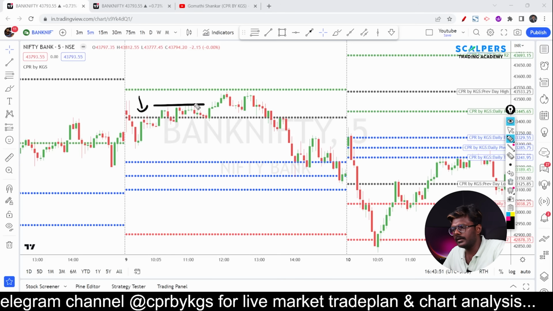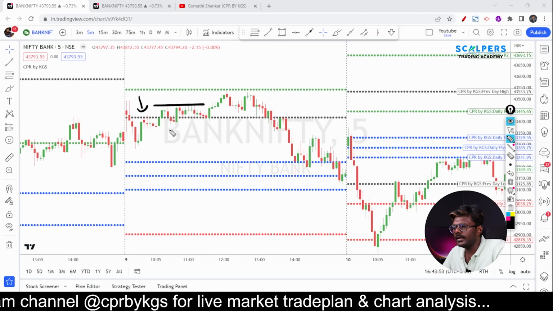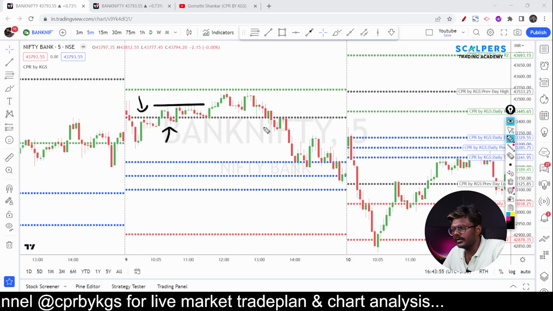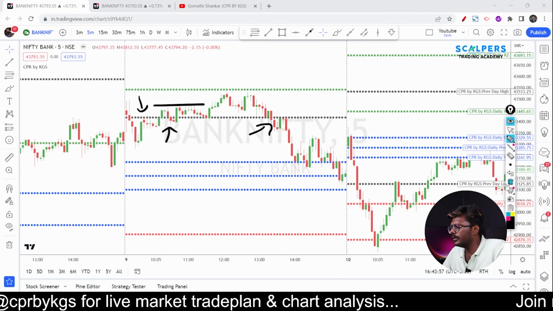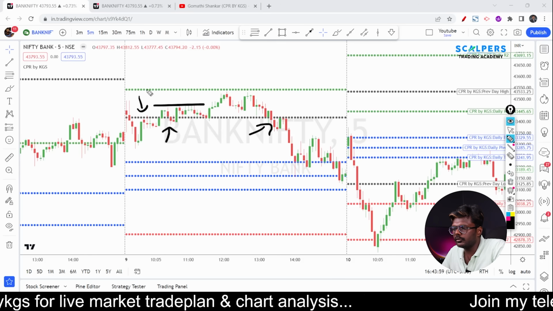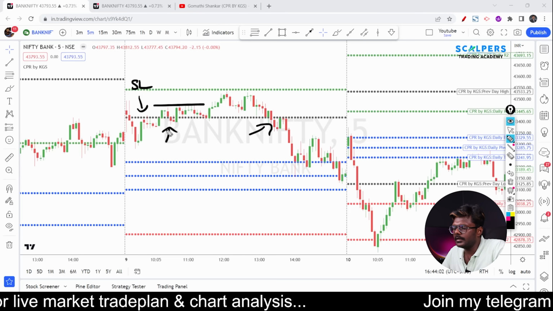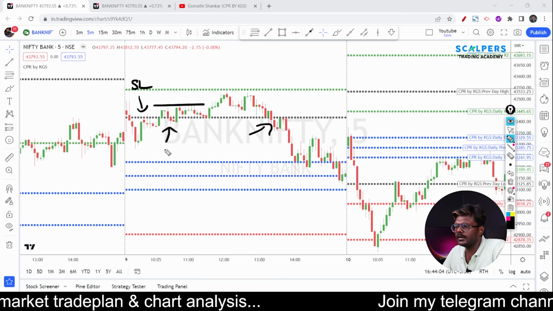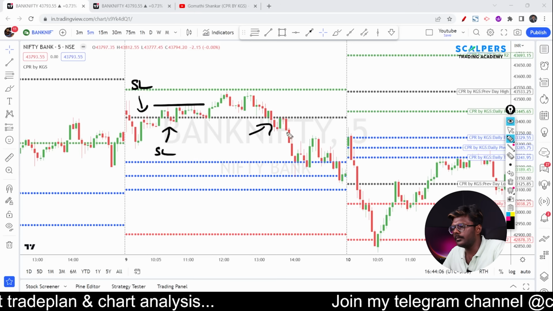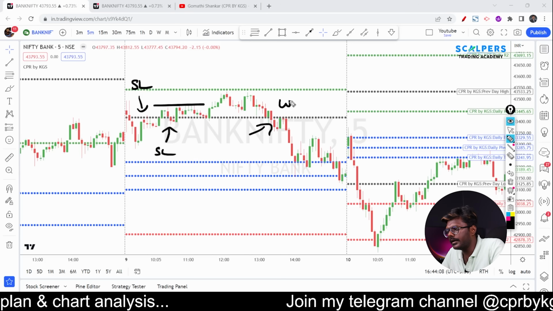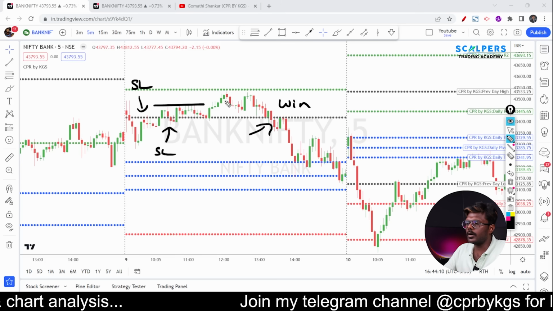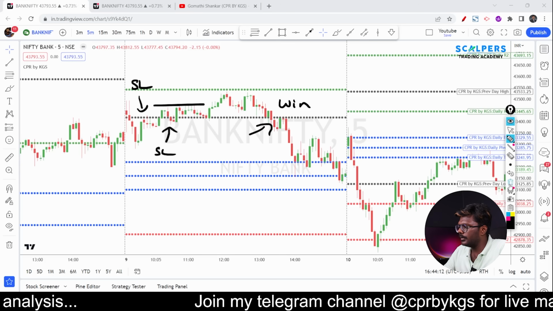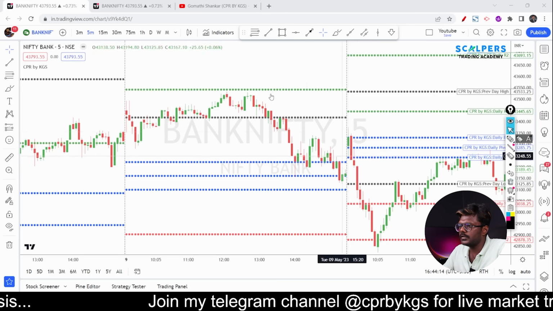Your stop loss is hit, right? And once again the market is coming down here, and once again the market is coming down here. So it's a tricky day. Here your stop loss is hit, and maybe you would have taken a short here, again your stop loss is hit, but here you are winning the trade. So 2 stop losses, 1 winning trade, and it's all because of the range bound market which we saw in